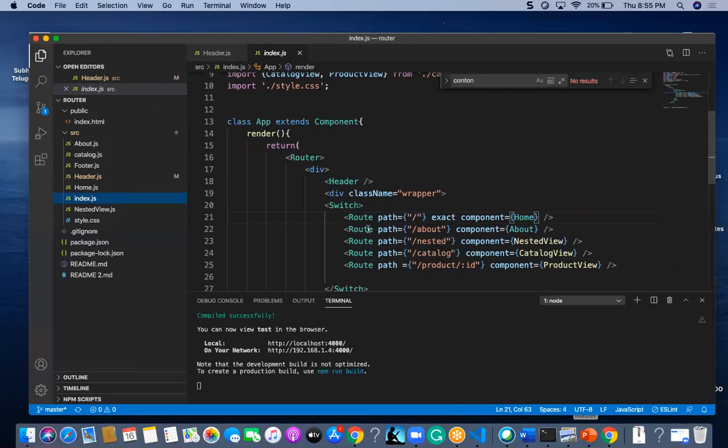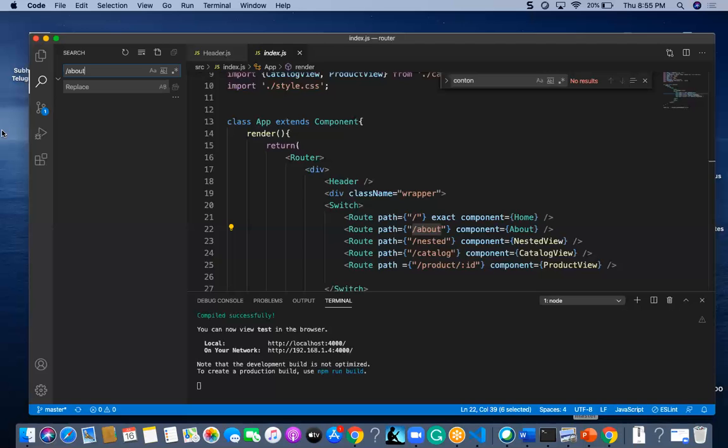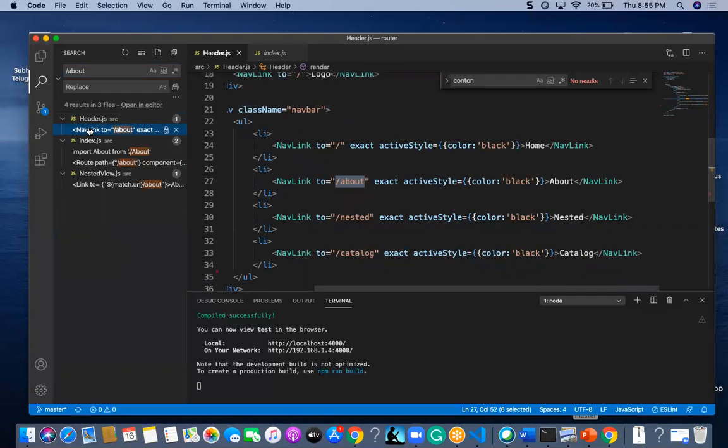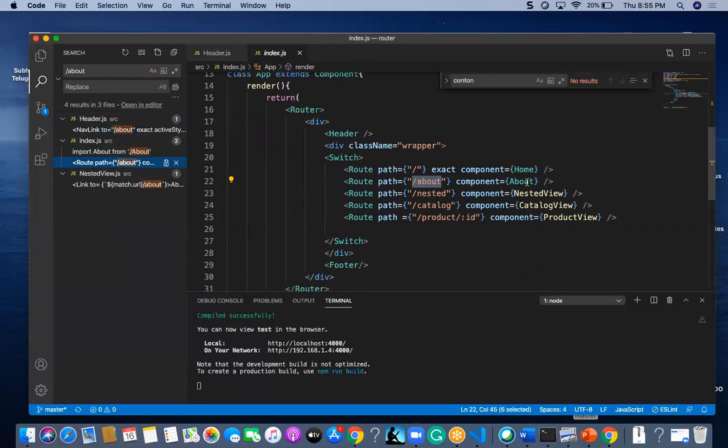Likewise, it will go for the path slash about. So it will go and check in this application where my link is located. That nav link is available here in the header.js, and this is just a link alone. For this link, the associated component will be about.